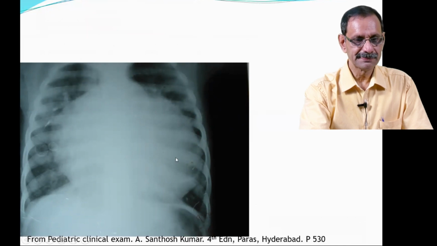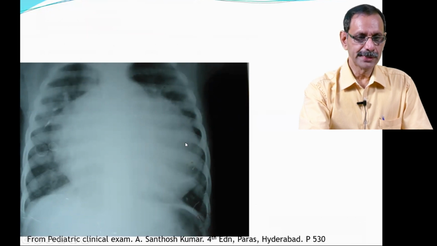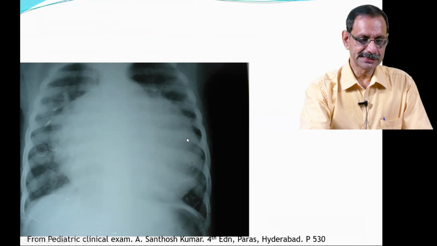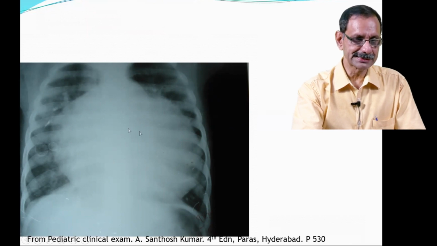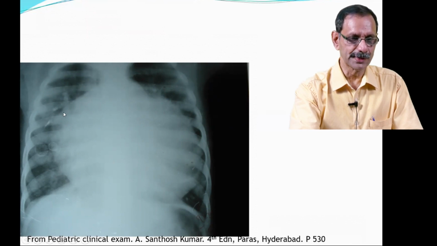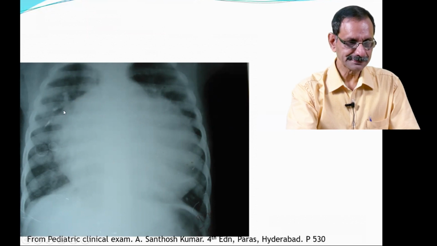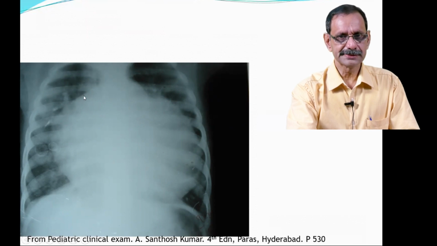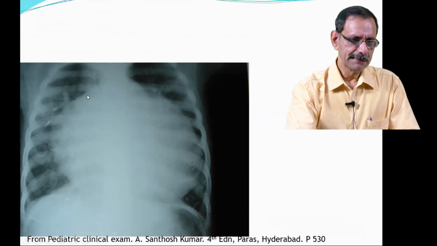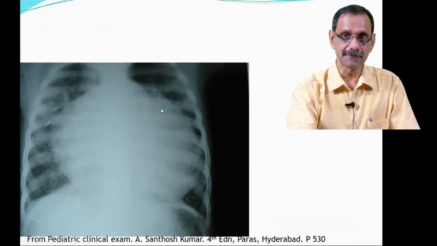Why is it so sharp? Basically because in the fluid-filled heart, the heart contractions do not reflect here. Here it is fluid, and the pericardium is bulging out under tension. So it looks sharp. In a normal heart, because of the cardiac contractility, there will be minimal blurring of cardiac borders. That is normal. This sharpness is not normal.